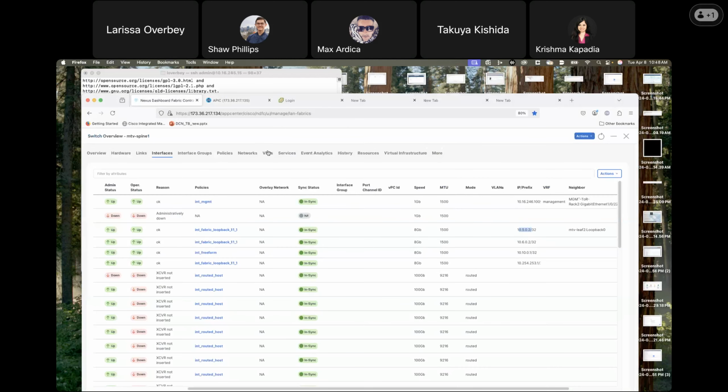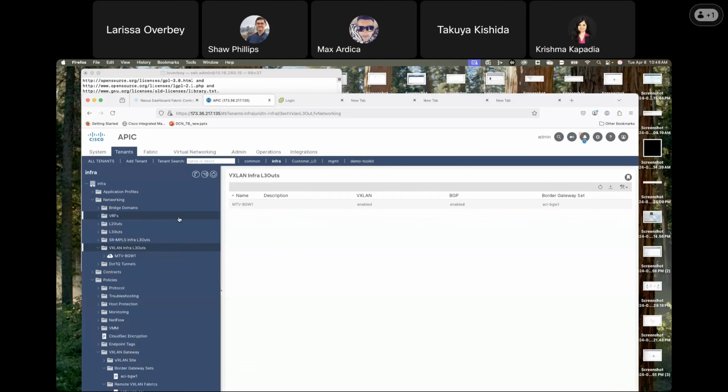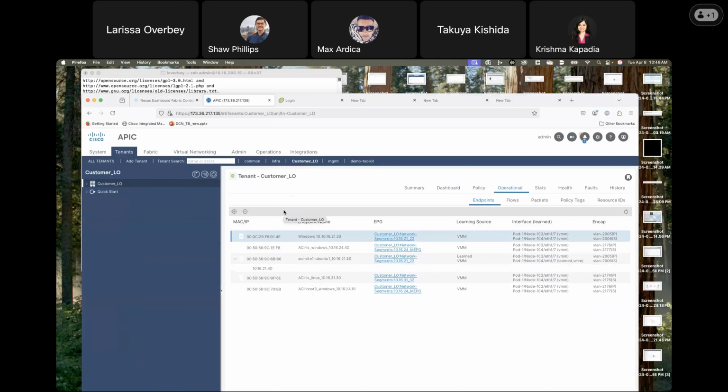So I had mentioned that, actually, let me go back. So that VXLAN L3Out is configured in the infra. But when we do our extension for the VRF and the BD, we do it within the tenant. So you'll see that endpoint, the ACI side endpoint 24, there. And let's go within